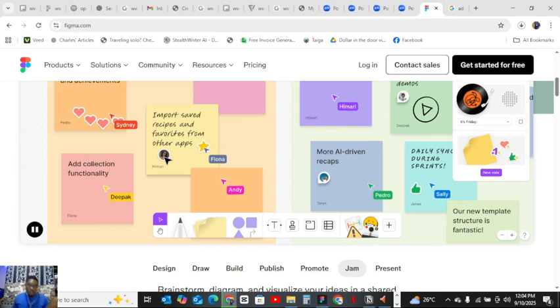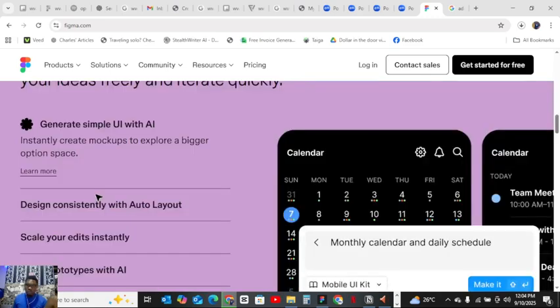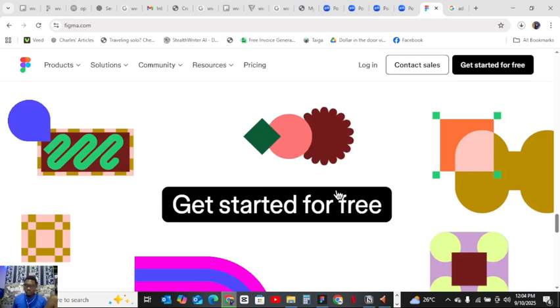So this is the website. You can read one or two things and come and check them. You can see for a fact that they designed this website using Figma.